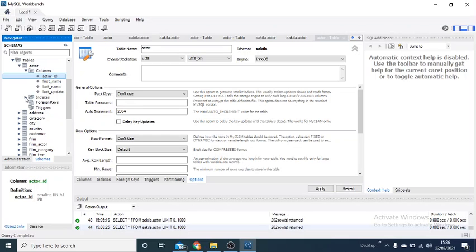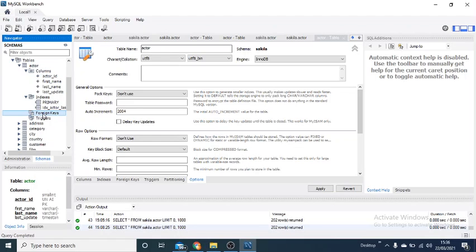Similarly, if you want to check what indices are available, you just have to click here. If you had set some foreign key, this option is going to show you the available foreign keys, and any triggers you had set, this option is going to show you the triggers, right? As currently on the table we did not set any trigger or foreign key, it is not being shown here. All right, so that is about the exploration of this table from this panel.